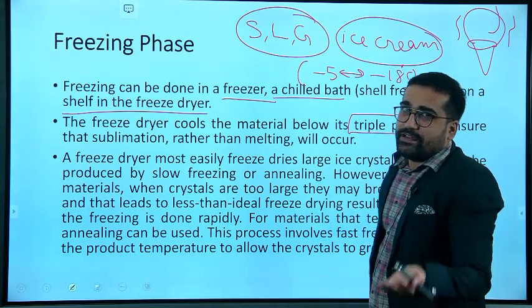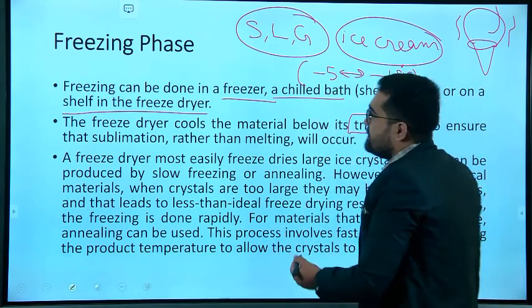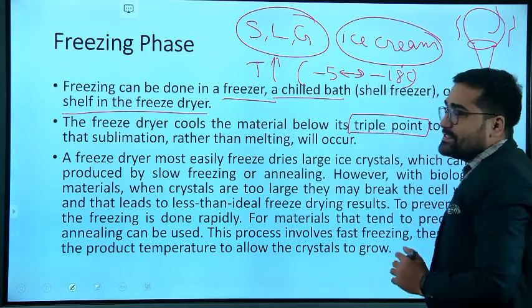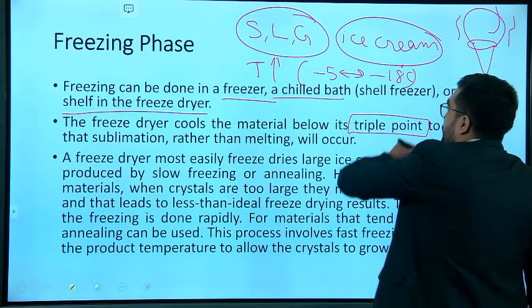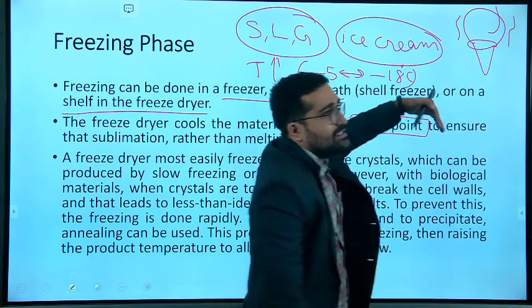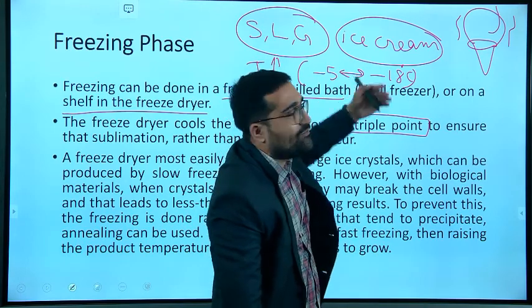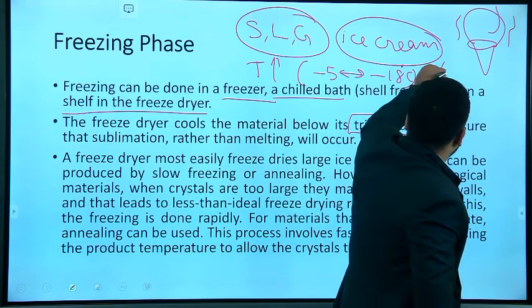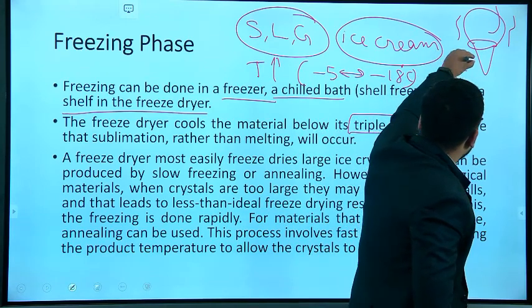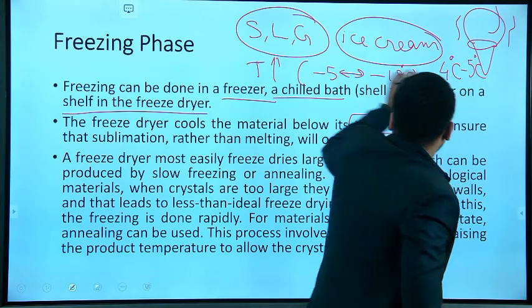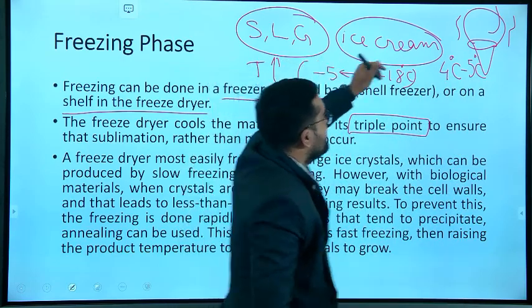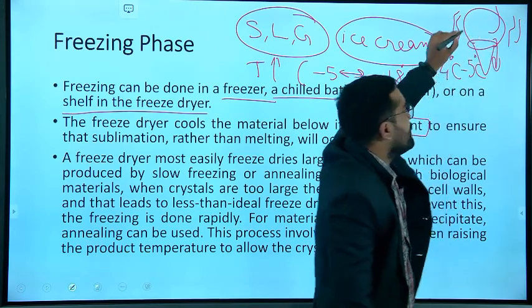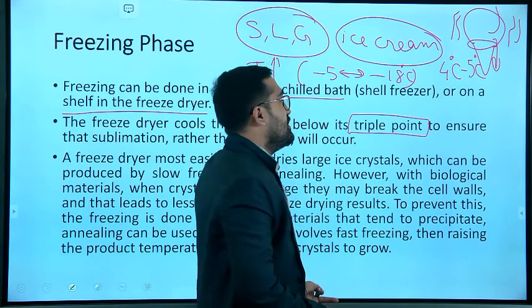And as soon as we take the ice cream outside the freezer, what happens? The temperature starts rising. Initially our ice cream doesn't melt, but after a certain time, like 5 to 10 minutes, it starts melting speedily. What happens when the ice cream reaches a temperature of 4 to 5 degrees Celsius? Its triple point is achieved. At that time, you can see vapors coming out from the ice cream, as well as it is melting at the same time, as well as retaining its solid structure.